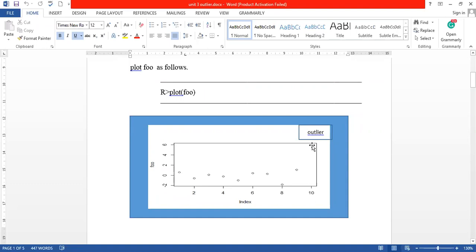So this is a kind of outlier value which is far apart from this range, because all the other values lie along a straight line. If you fit a straight line, you can find that all these points are at minimum distance from it, whereas only this point is at an extreme distance. So we can say this is an outlier value.